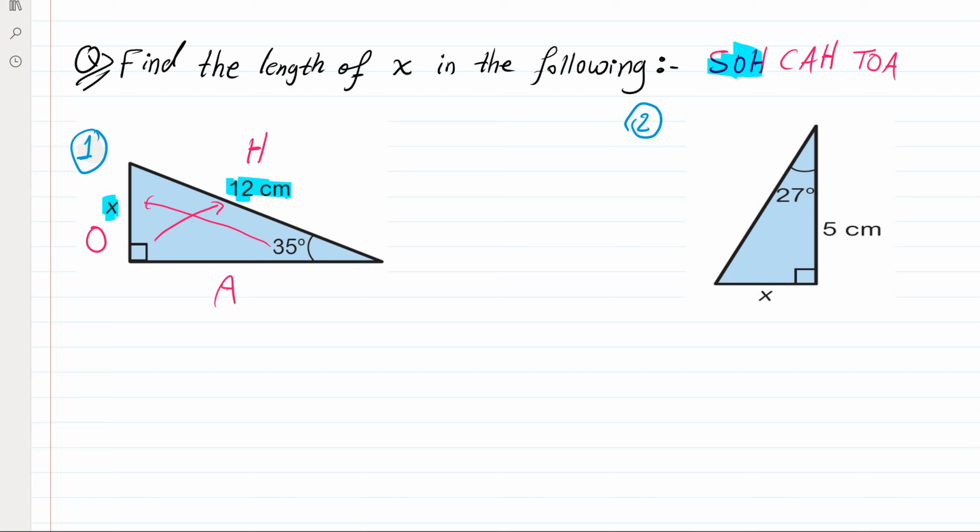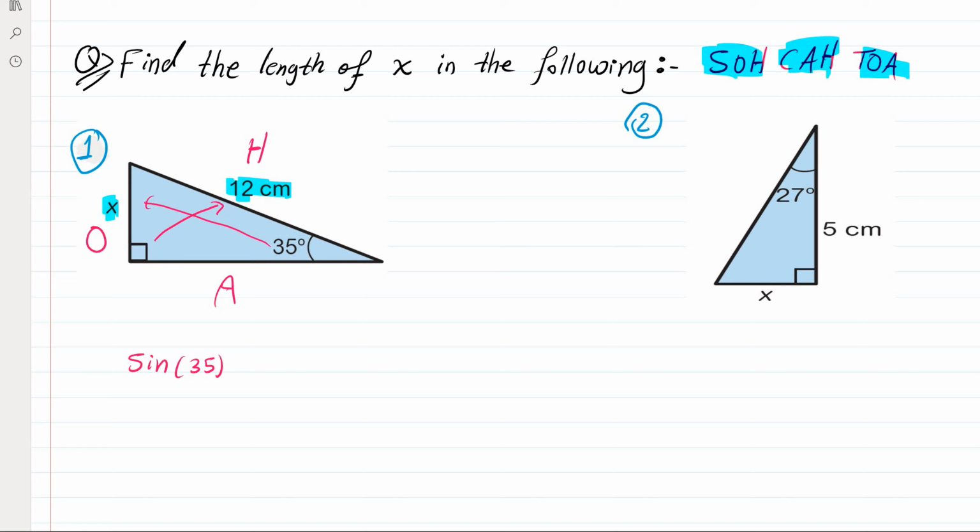Either sine, cosine, or tan. Which one should we use? Which one contains O and H, because we have x and 12? As you can see, it is sine. Sine contains O and H, so we should use sine. So we will write sine of the given angle, sine